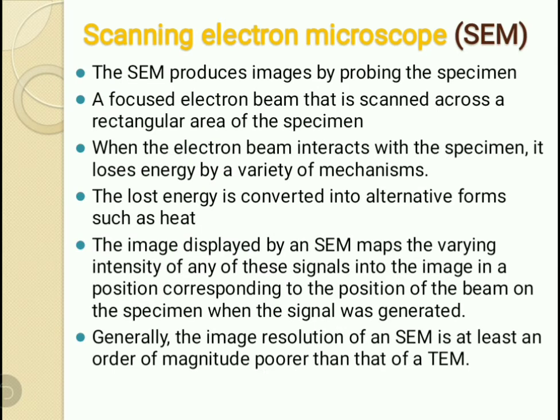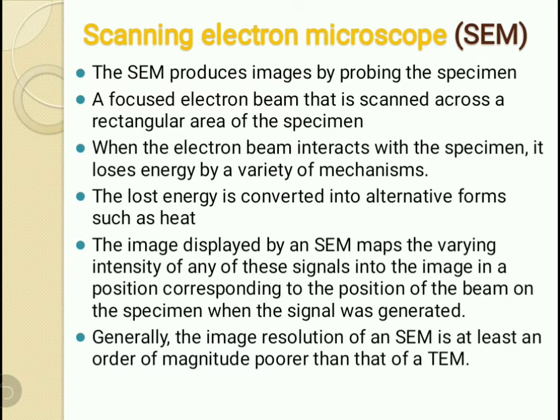Now we see the scanning electron microscope. Now here, as I have discussed previously also, no transmission is taking place. Whatever the electrons are generated, they are scanned on the surface of a specimen and reflected back, and whatever the reflections are there, they are recorded on the fluorescent screen or various sensors, and we can study the structure of that specimen. So that is the working of SEM.